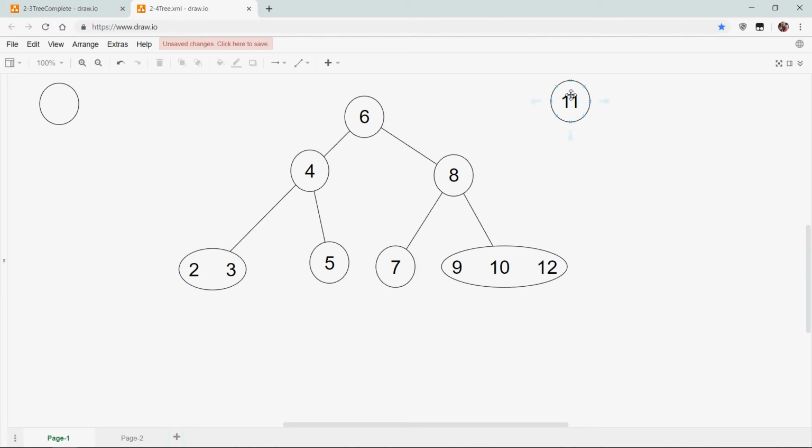And now I can resume my search for the 11. So I go to the right. It's bigger than 8. I go to the right again. But then now I pause because I've again hit a 4 node, so I need to do a split before I continue looking. So to do my split, I'm going to bump the 10 up,